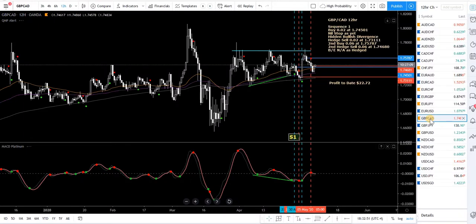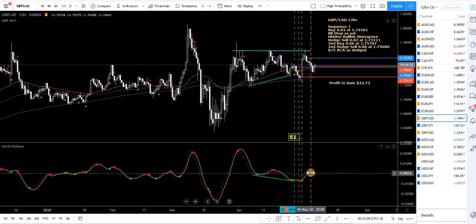Pound CAD. All right, I was in a sell here. This was sequence 1. There was actually a sequence 2. It was a sell, and I'd already closed half. Had this big bullish candle,